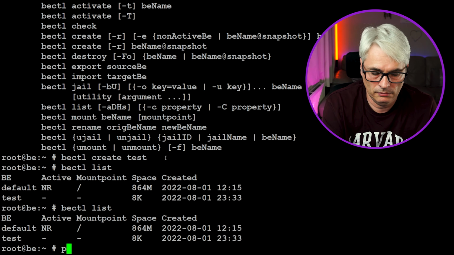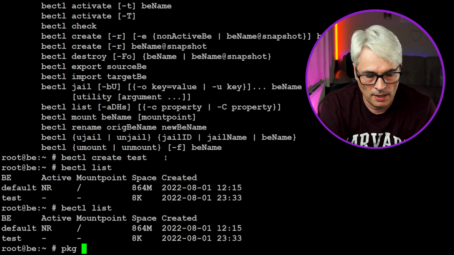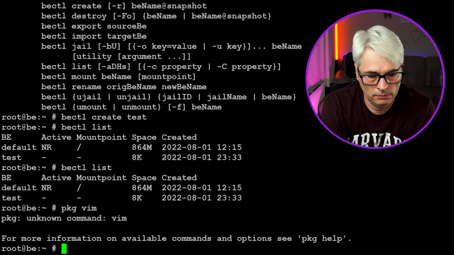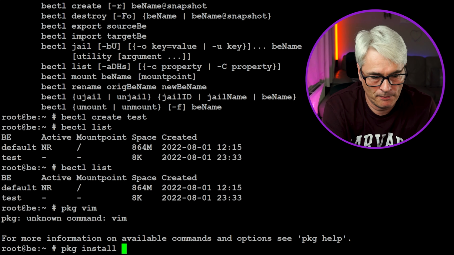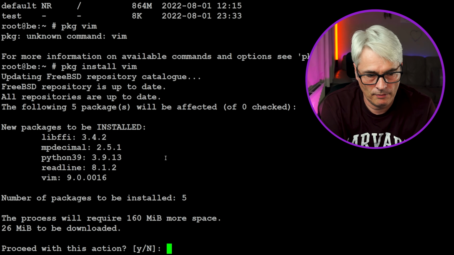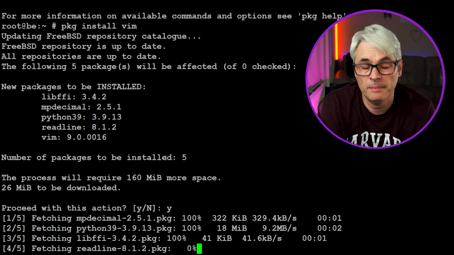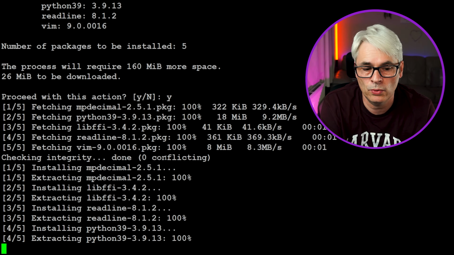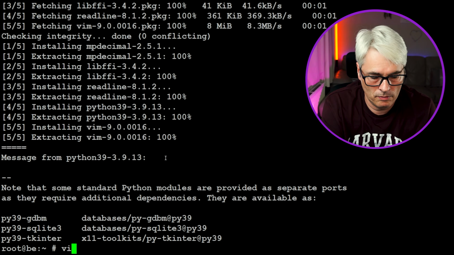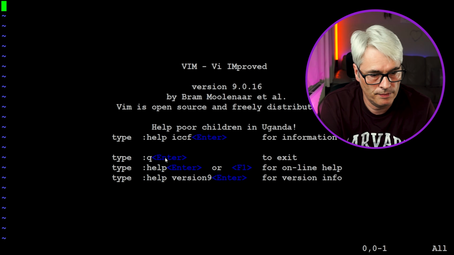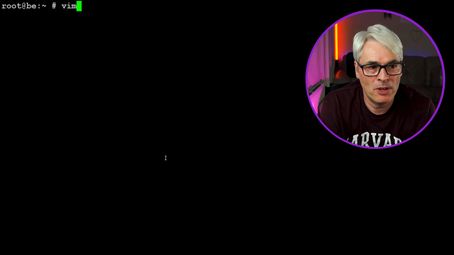So if I now install some software, let's install Vim. I don't use Vim. It's not something I would normally install. There we go. So there it is. That's why I hate Vim. Can never remember the commands. Right, so if I now look at my boot environments,